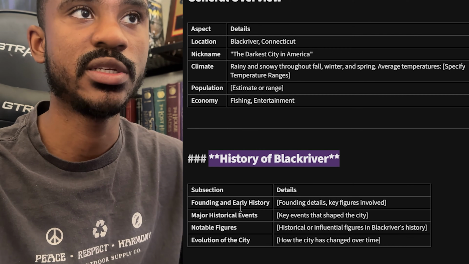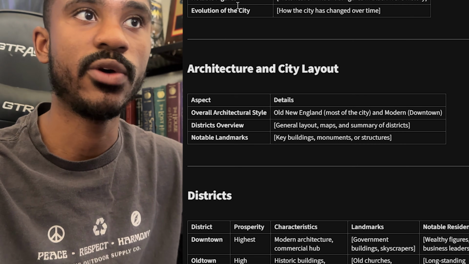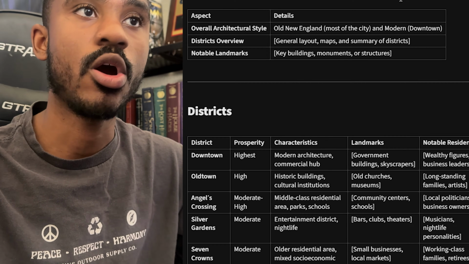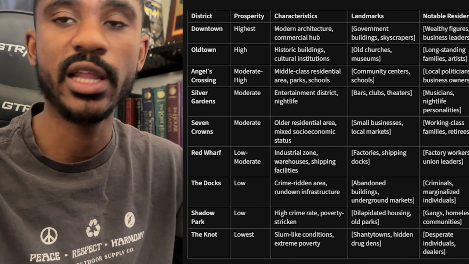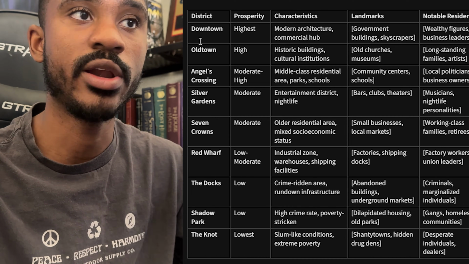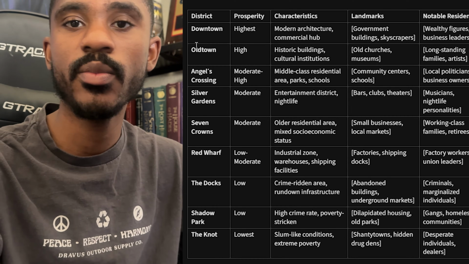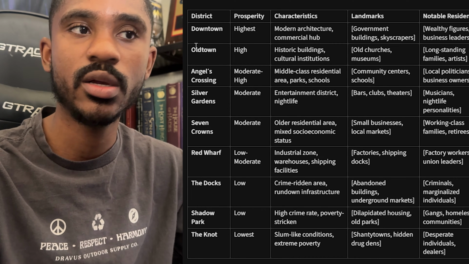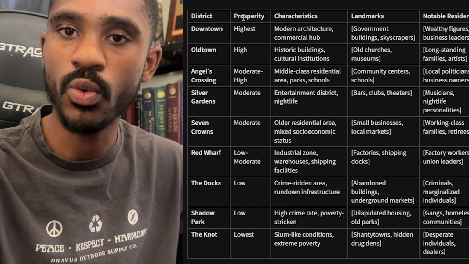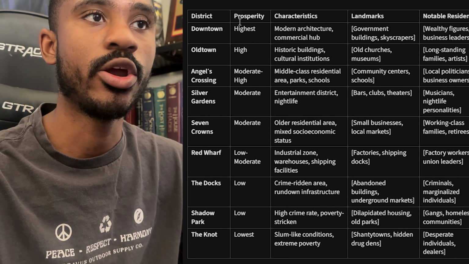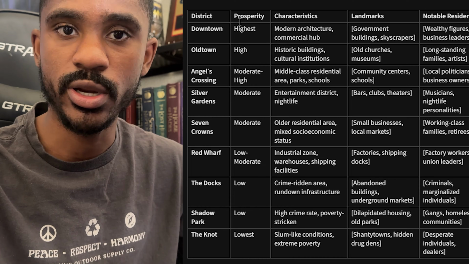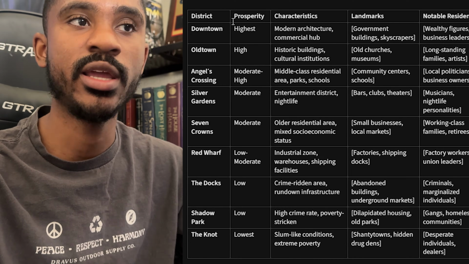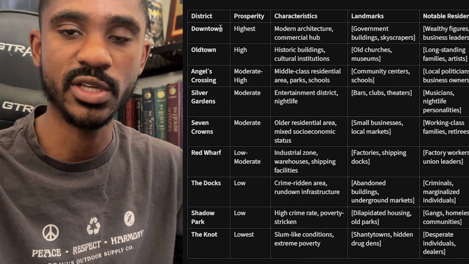And then it came up with a section for the history, which is founding, historical events, notable figures, evolution. And then we get architecture, city layout. City layout then goes into the districts. There are 9 districts. I've shown them when I was showcasing the map of the city in my first vlog, but just to go over it again because it's been a while since I've shown that. And they're in order of prosperity and not in order of when they were created. I had ChatGPT order it from highest to lowest prosperity levels of the districts.